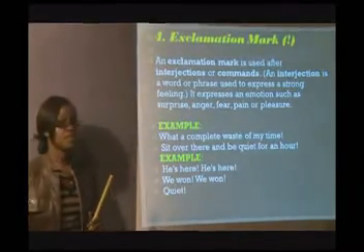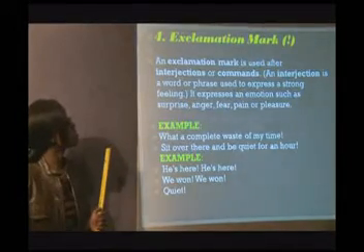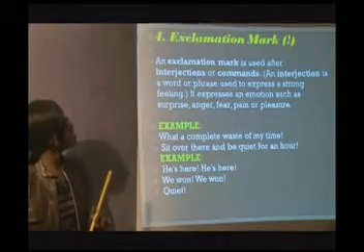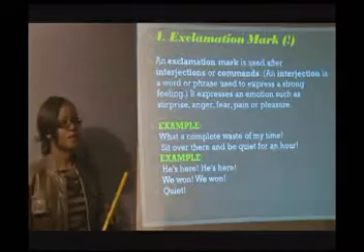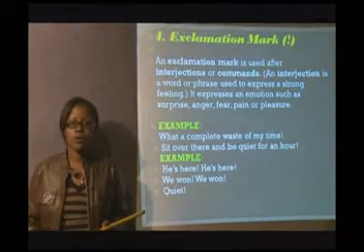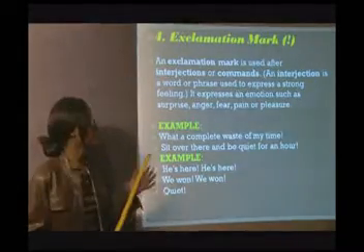I repeat, an exclamation mark is used after interjections or commands. An interjection is a word or phrase used to express a strong feeling like wow, meaning I'm happy. Or if I want to mean that I'm sad or something has happened, I would use an exclamation mark,